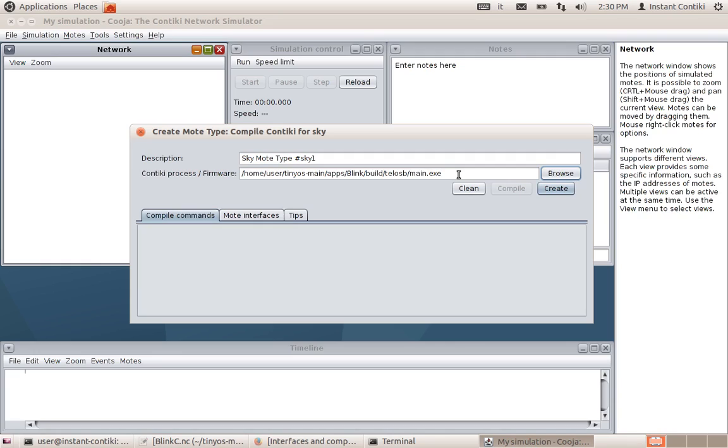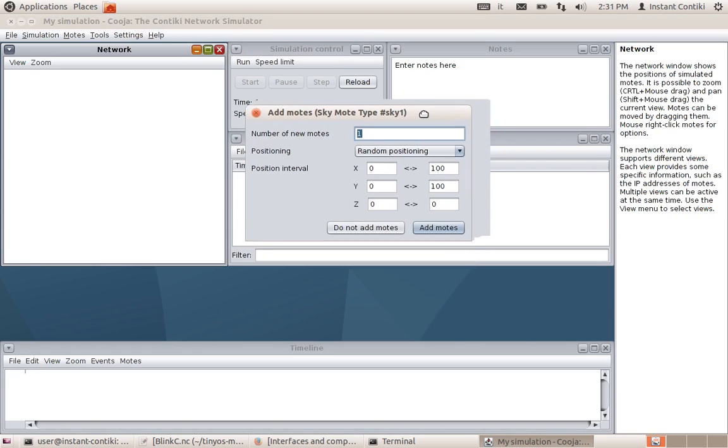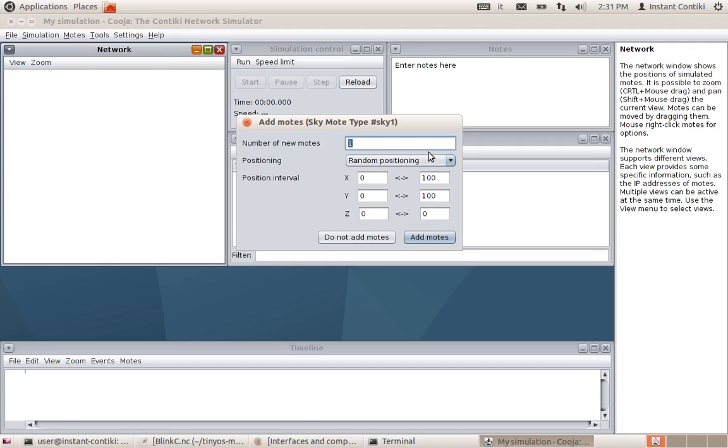So once you have done this, you can click on create, and the simulator will ask you how many of these nodes you want to add. We will add just one node, but you can add more if you want. You can position them in space, either by selecting a random positioning, or by actually giving coordinates to your nodes. So you can put your nodes into space where you need them to be, and then you can click here on add nodes,